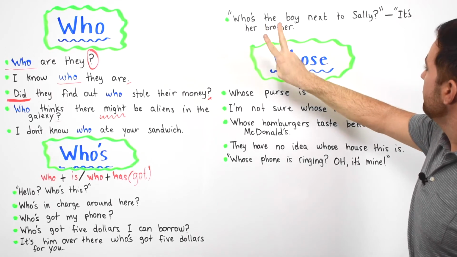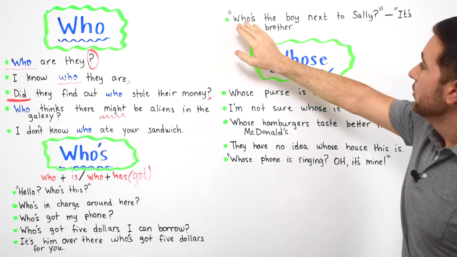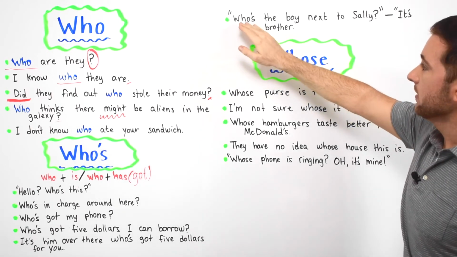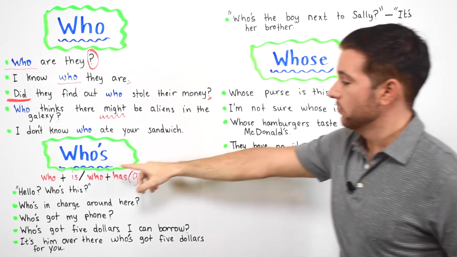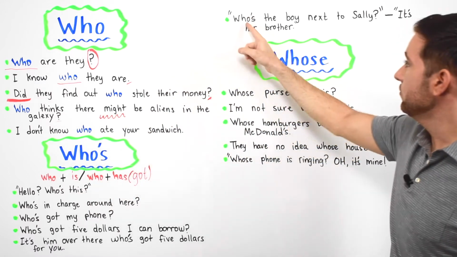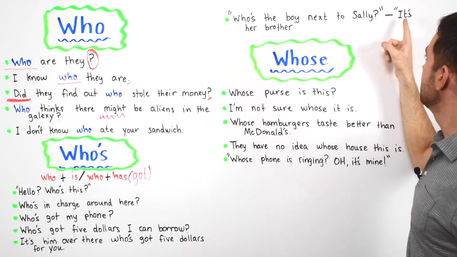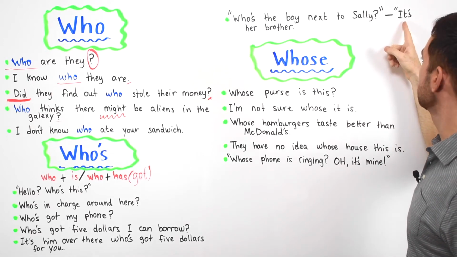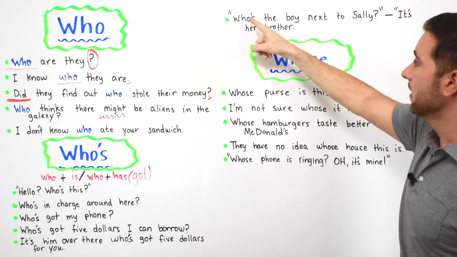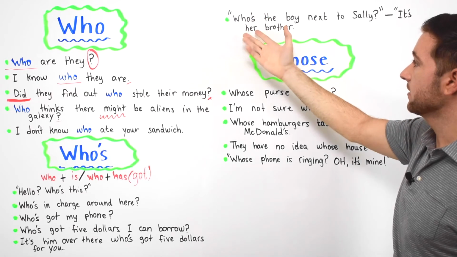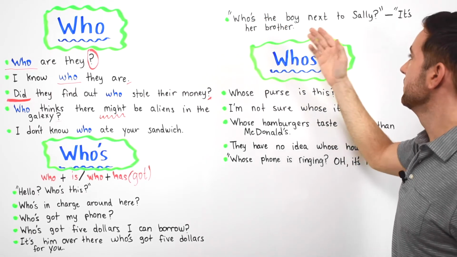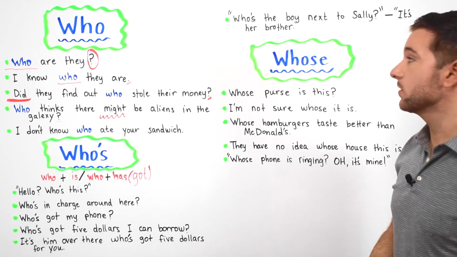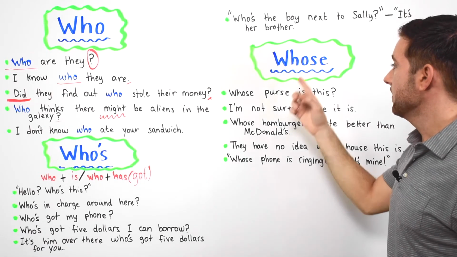It's two people talking. Who's the boy next to Sally? It's her brother. Okay, who's, meaning who is, right? Who is the boy next to Sally? It is her brother. Again, we have a contraction here with an apostrophe, a contraction of who is. The boy next to Sally, it's her brother. Now we're going to move on to the next whose, which is right here,